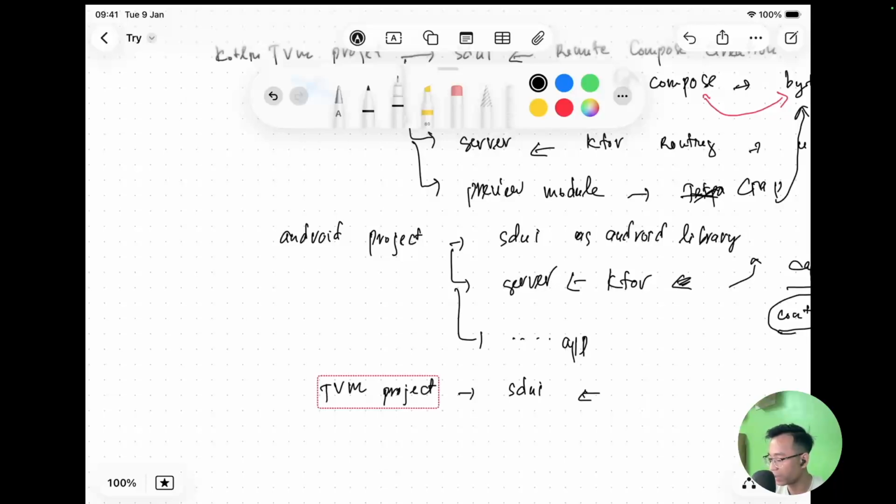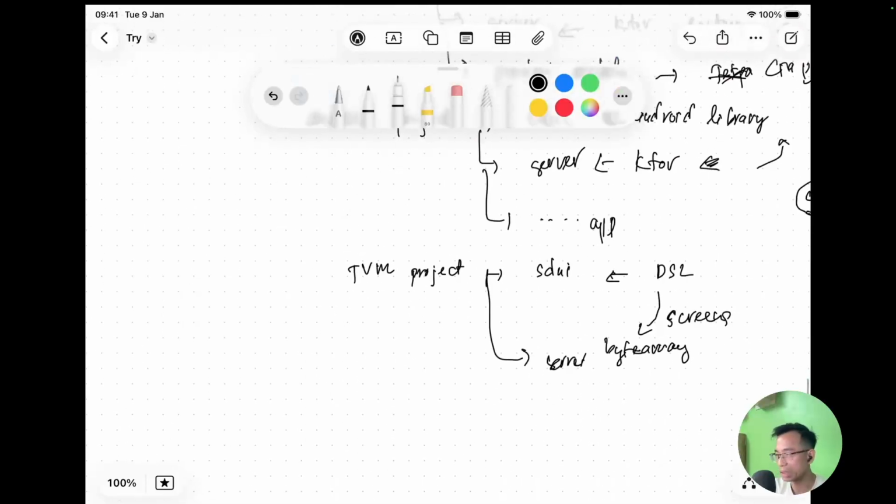And here, instead of using Composable, we use the DSLs, the lower level for building UI, and after building the screen here, we try to convert it to a byte array and use it in the server